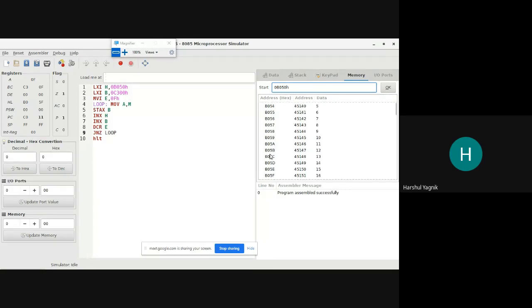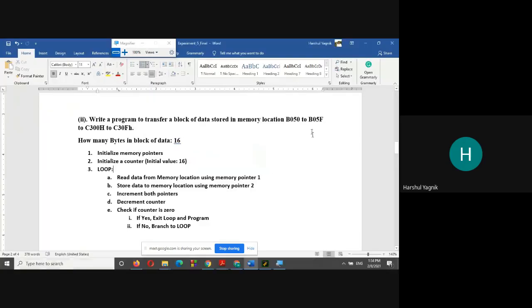B05F, our definition is not 16 bytes actually, starting from 50. So 17 bytes are required to transfer.